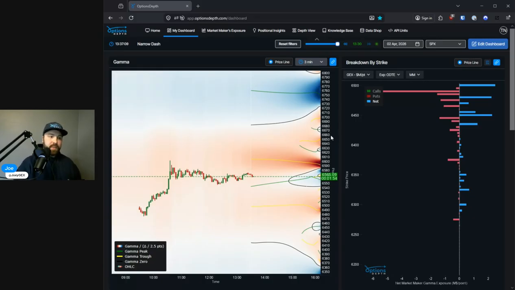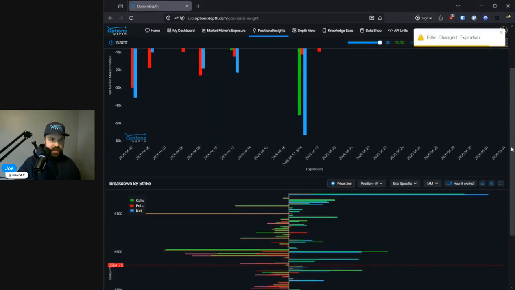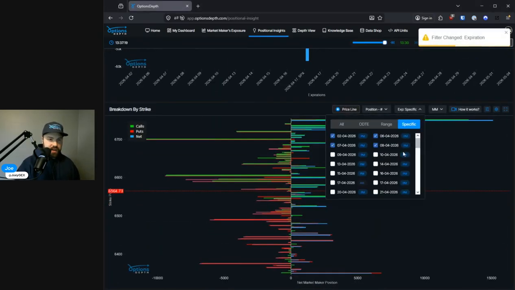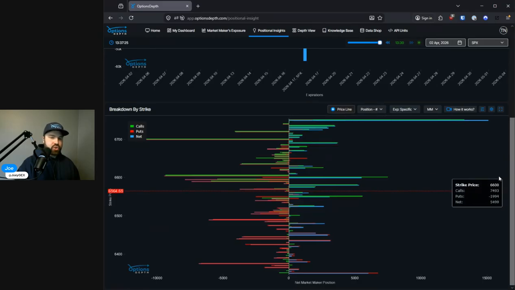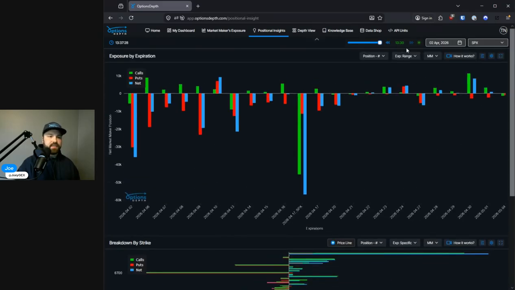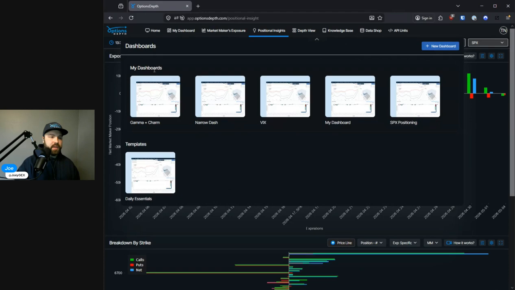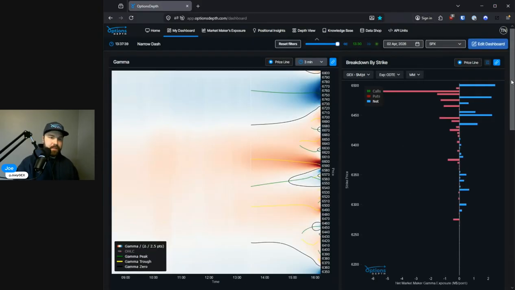Okay, so that's the basics. Hopefully this dispels some of the stuff. Obviously, guys, there's way more in this platform that you can get into. There's VIX positioning. You can look at all of the positioning across SPX on any strike or date that you want, from market maker and customer position to the gamma. There's so much data inside of this that you can make use of if you're looking for longer term plays over the next 5 days. Absolutely. But from an intraday basis, if you're not utilizing something like this, you're not going to know where the